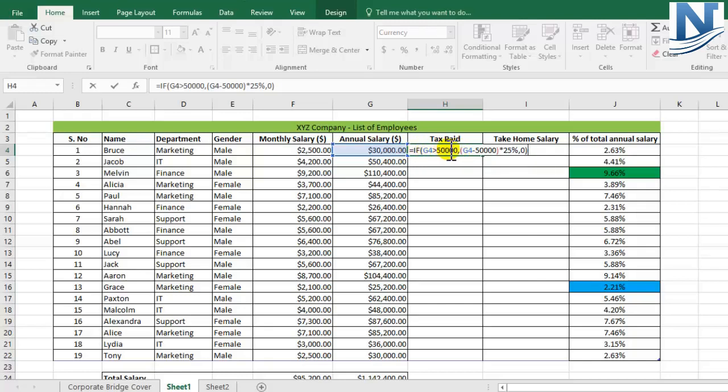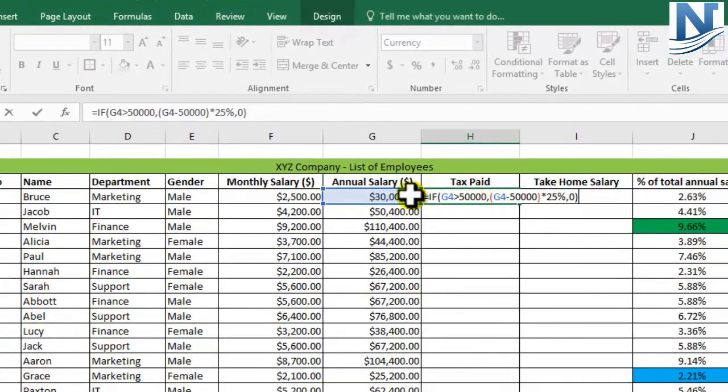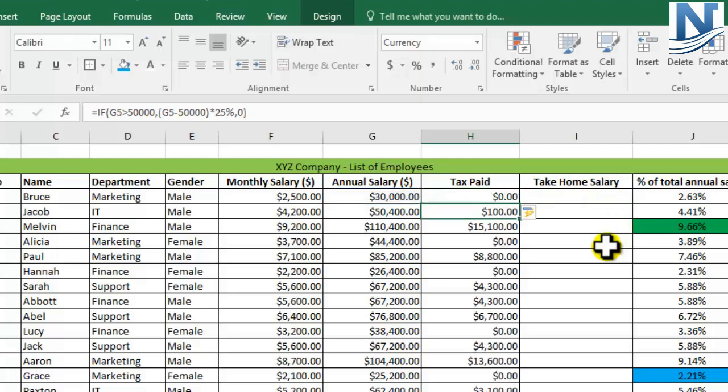This is the first thing that we want to check. And if it is greater than 50,000, I subtract 50,000 from this number to get the additional amount, so that I can include 25% taxes on that. And if it is not greater than 50,000, there is no need of including any taxes, which is why 0. Okay, I'll just press enter.